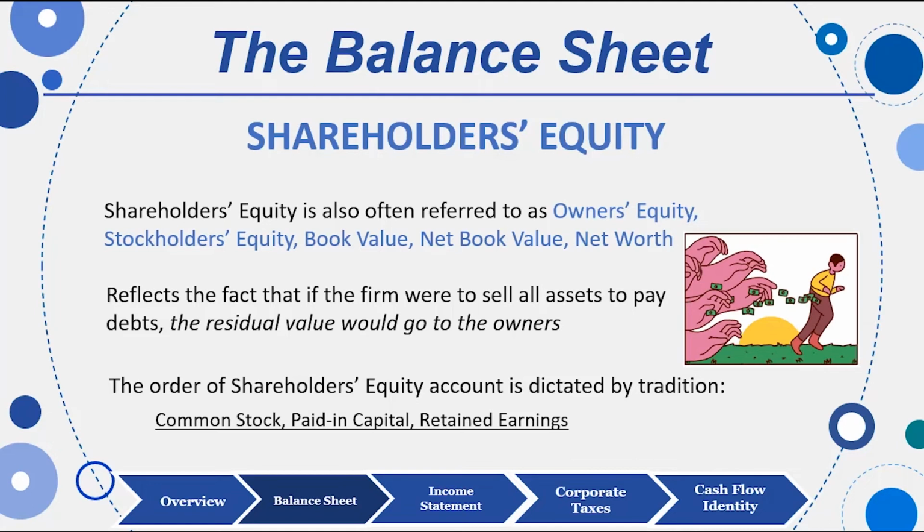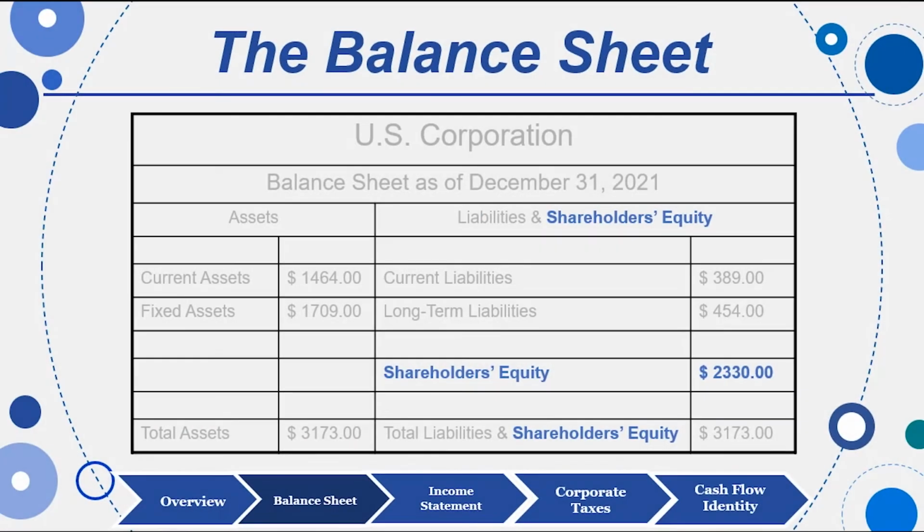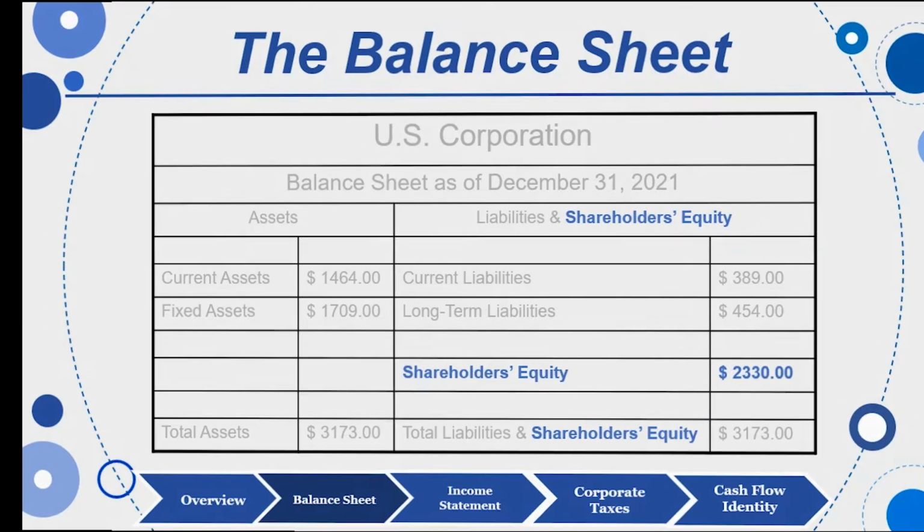Assets minus liabilities. The order of the shareholders' or stockholders' equity account is dictated by tradition, typically common stock first, paid-in capital, paid-in surplus, capital in excess of par, preferred stock is in there sometimes with some companies, and then finally retained earnings where your net income is collected and aggregated each and every year. It's a growing account, a cumulative account is a good way to put it, my retained earnings account. Every year, whatever net income I have, I throw into the retained earnings account under shareholders' equity. Again, if I were to sell all my assets off, pay all my liabilities, what remains is known as shareholders'